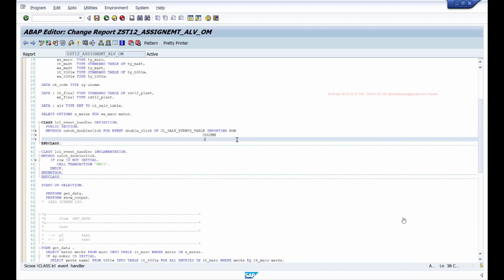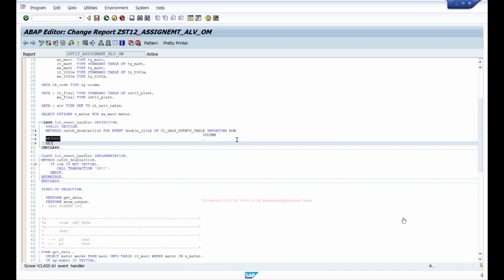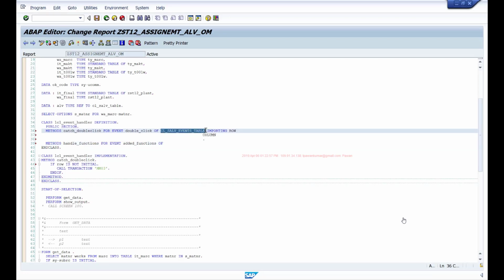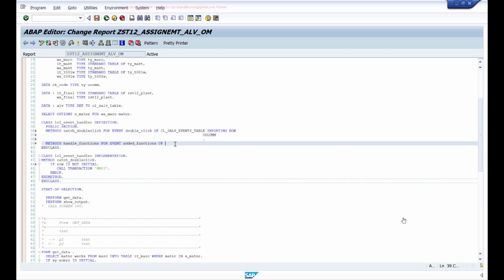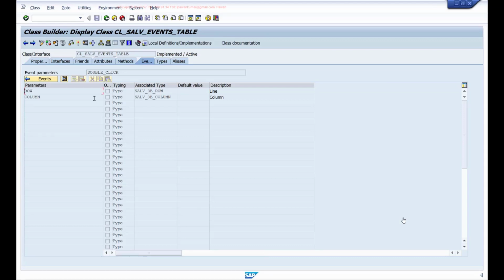Similarly, I'll also create one more method, let's say handle_functions, for event added_function of this class. Since this is a subclass, it will have all the events of the superclass, so I don't have to refer to the superclass. I'll quickly check the parameter.